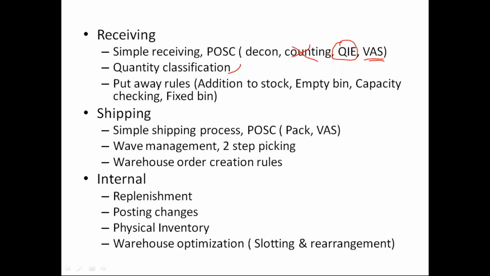And I was saying warehouse order creation rules. Warehouse order creation rules are nothing but setting up rules for any activity. It can be a put away activity or a picking activity. If you want to set up some rules which need to be followed, we use this warehouse order creation rule. For example, I have 100 items. I want to consider them in one pick list, or I want to consider two pick lists. That can be achieved with the warehouse order creation rule.